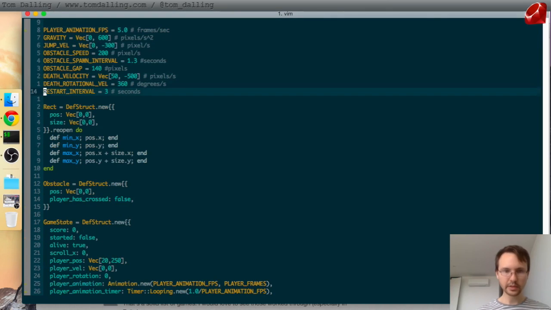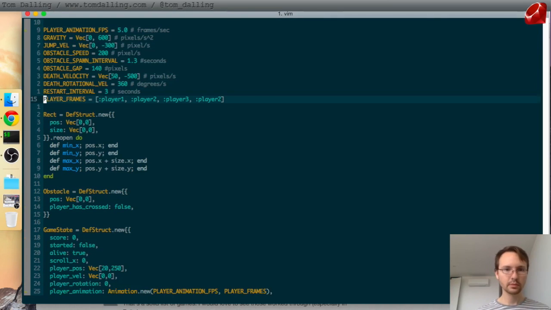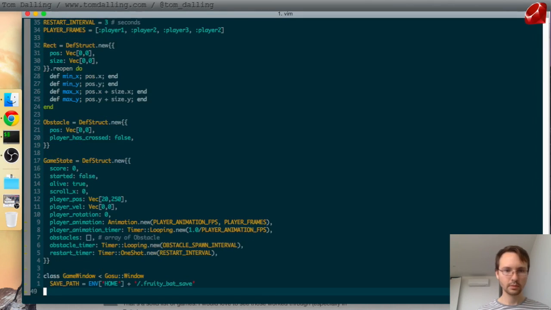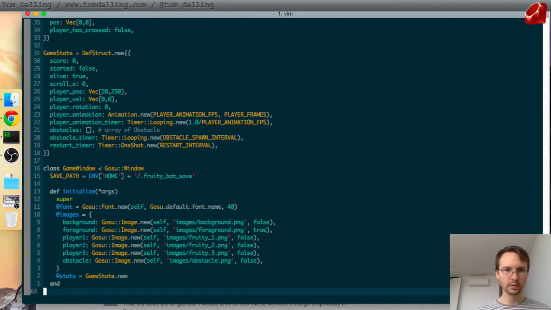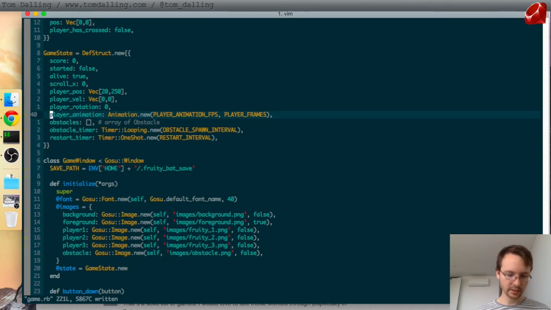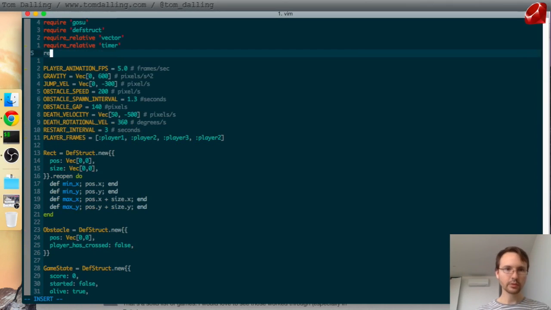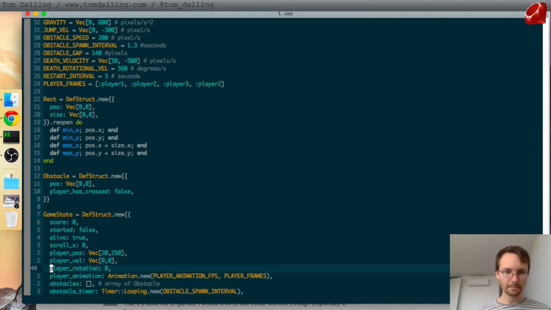I'll put this up with the rest of the constants. Where were we? Yeah, okay. So player animation, we don't need the animation timer anymore because it's inside the animation object. We do need to require the animation file. And now we need to fix all the code that broke